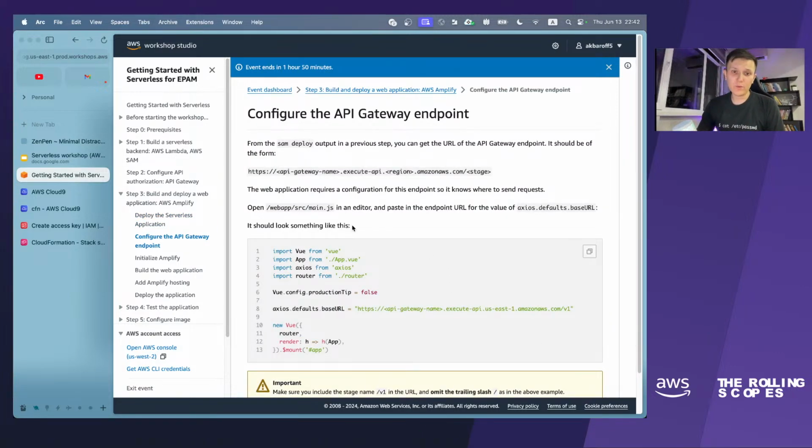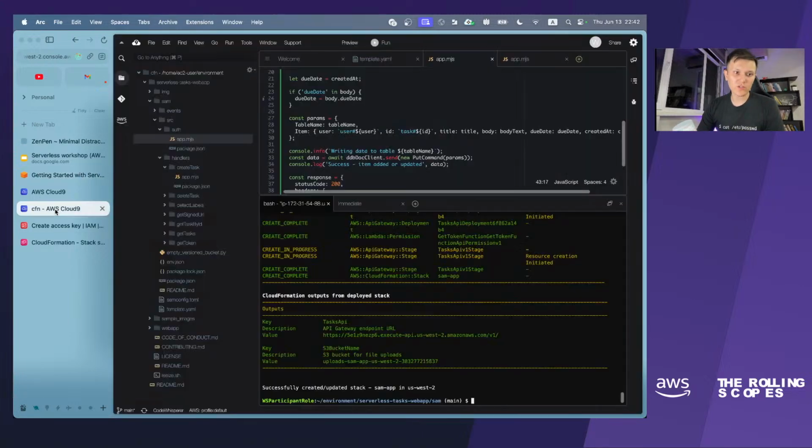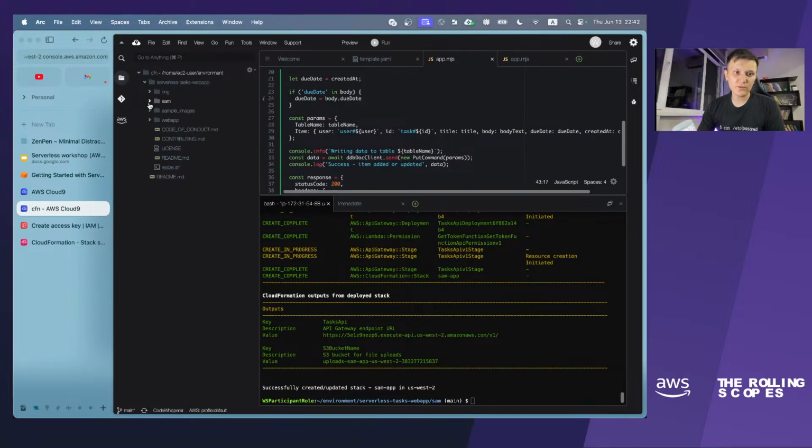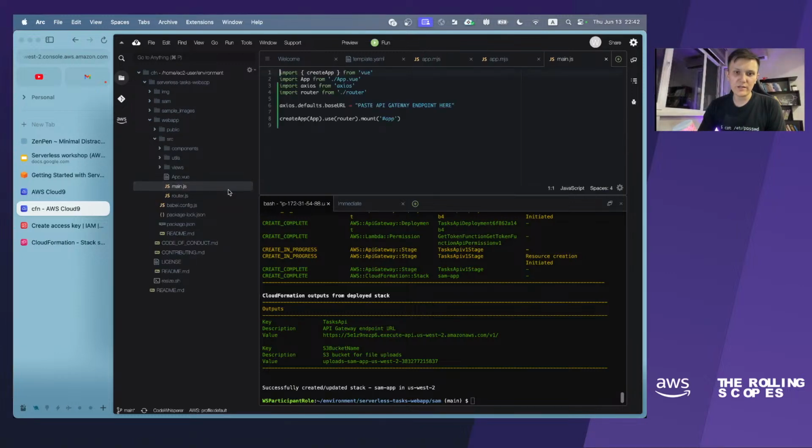Actually we have a very nice front-end application, which is here in the web app folder, and you can go to this application, open the source folder here, and in the main.js file on the 6th line you have to set up the default URL for the access base URL.